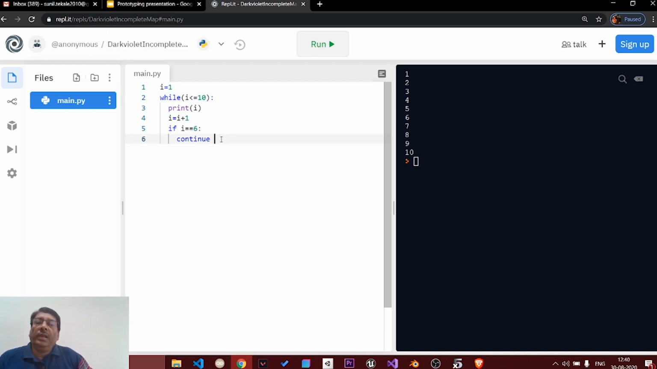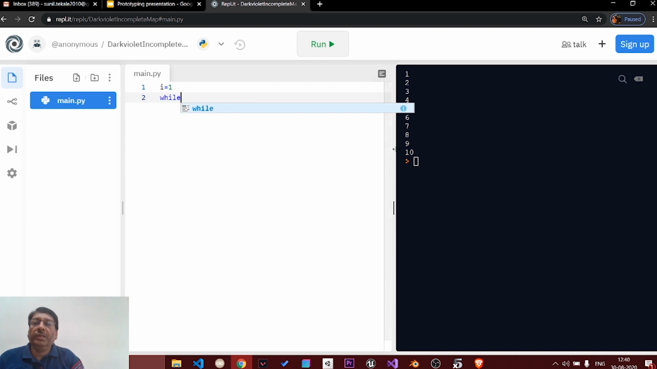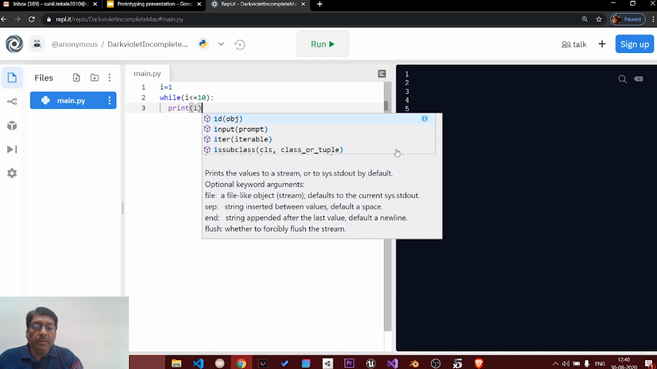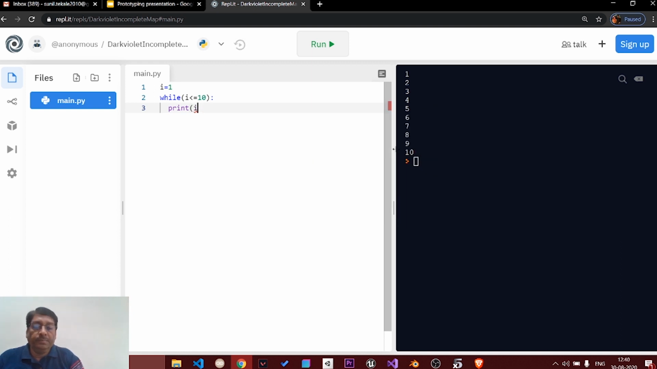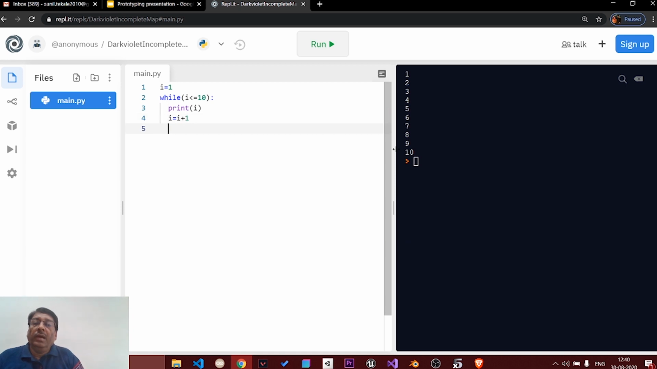You can as well write an else part in a while loop. For example, you can write the while loop in this fashion: i equals 1, while i is less than or equal to 10, print the value of i, and after you print the value of i, you increment the value of i by 1. Then the else part of this will be,